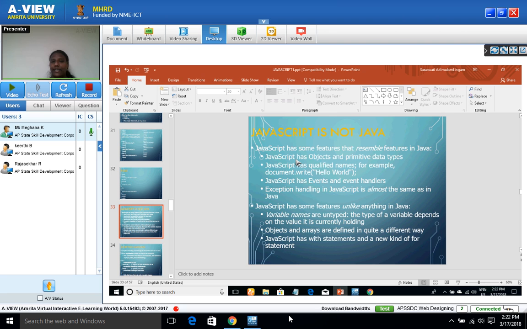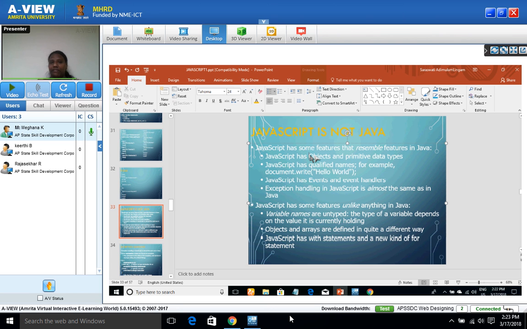So if you see JavaScript, there are some features which resemble Java, and there are also some features which are not similar to Java. So we will see here what is similar and what is not similar. See here, JavaScript has some features that resemble features in Java. JavaScript has objects and primitive data types. So everything in JavaScript mostly will be objects. So we will describe like the document object is there in JavaScript. We will discuss further why we call everything an object in JavaScript,